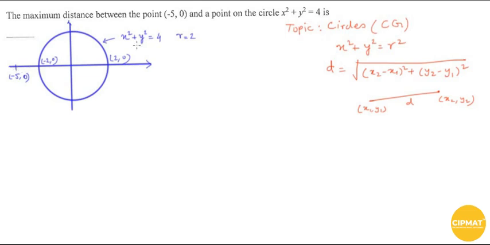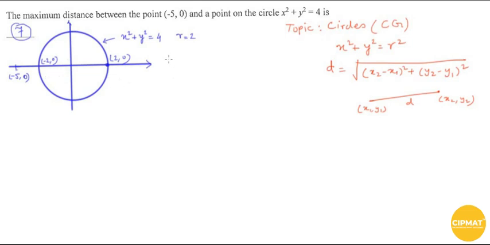Now clearly, if you are intelligent enough, since this is a multiple choice question, you don't need to show the working. You can see that the maximum value is basically this distance, and this distance is 5 units and this is 2 units. So the distance will be 7, and you will directly write the answer 7. But let's take the formal way and find out what it should be.